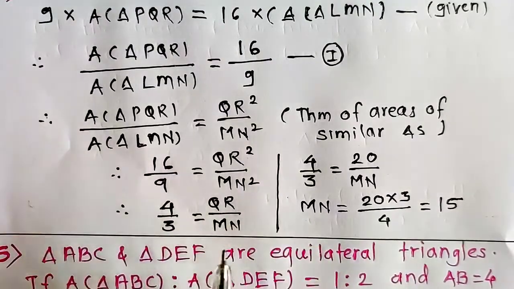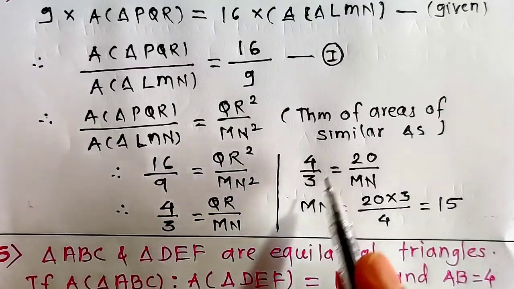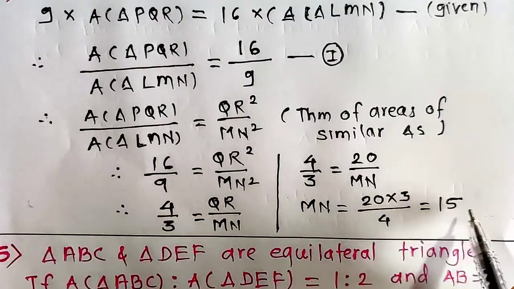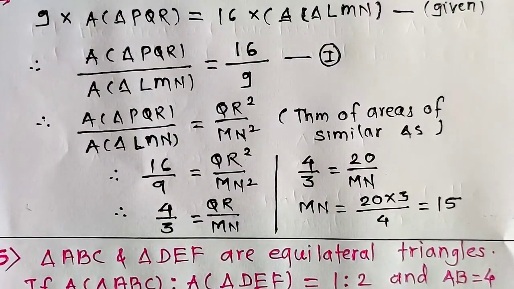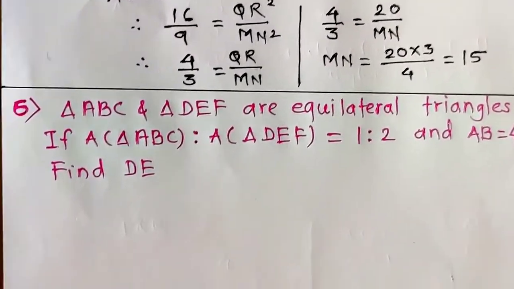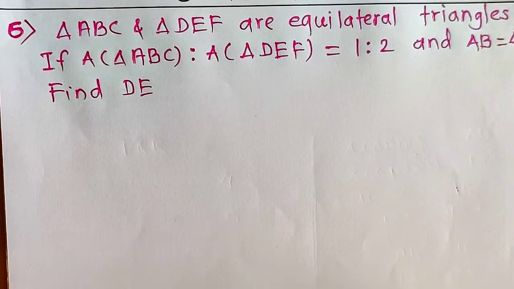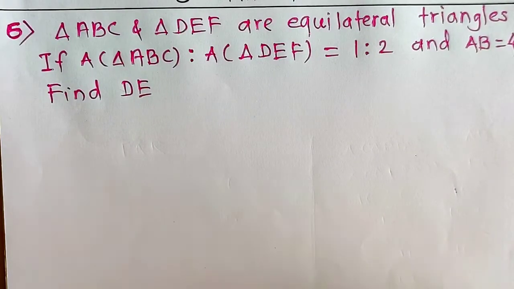Every step we have to write the reason here, from 1, taking roots, and then by cross multiplication we get this value of Mn. So is it clear? That was the fourth sum. Now let us see the next sum, that is the sixth sum from this practice set, because all the sums are the same. Everywhere we have to use the same theorem.